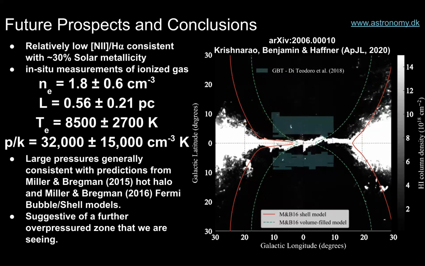So, some future prospects and some conclusions. One other thing that we're seeing towards the Fermi bubbles is a low [N II] to H-alpha. Unlike in the tilted disk, where we have these LINER-like line ratios with high [N II] to H-alpha, once the gas actually gets ejected out, the line ratios seem much lower and somewhat consistent with a decreased metallicity of about 30%, which is what some other estimates for halo gas or Fermi bubble gas are showing. We've made these in situ measurements for the first time of ionized gas associated with the Fermi bubble shell